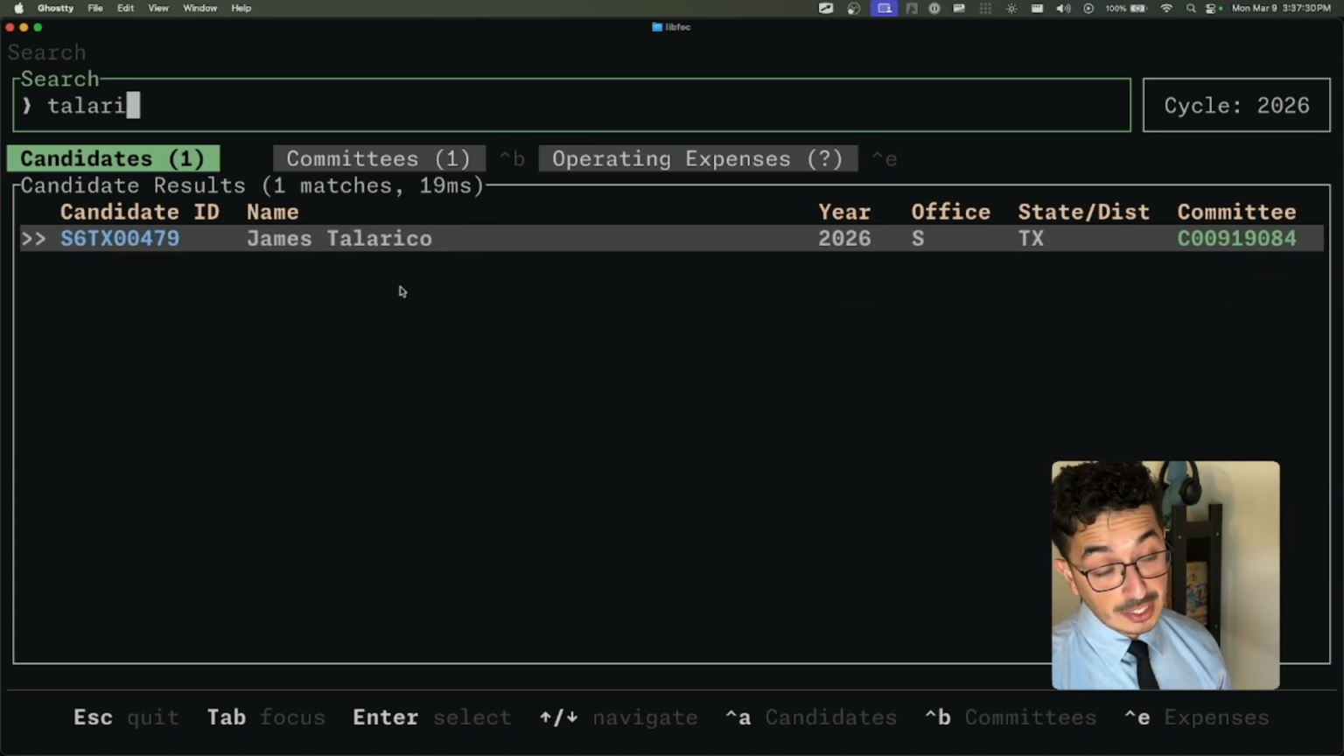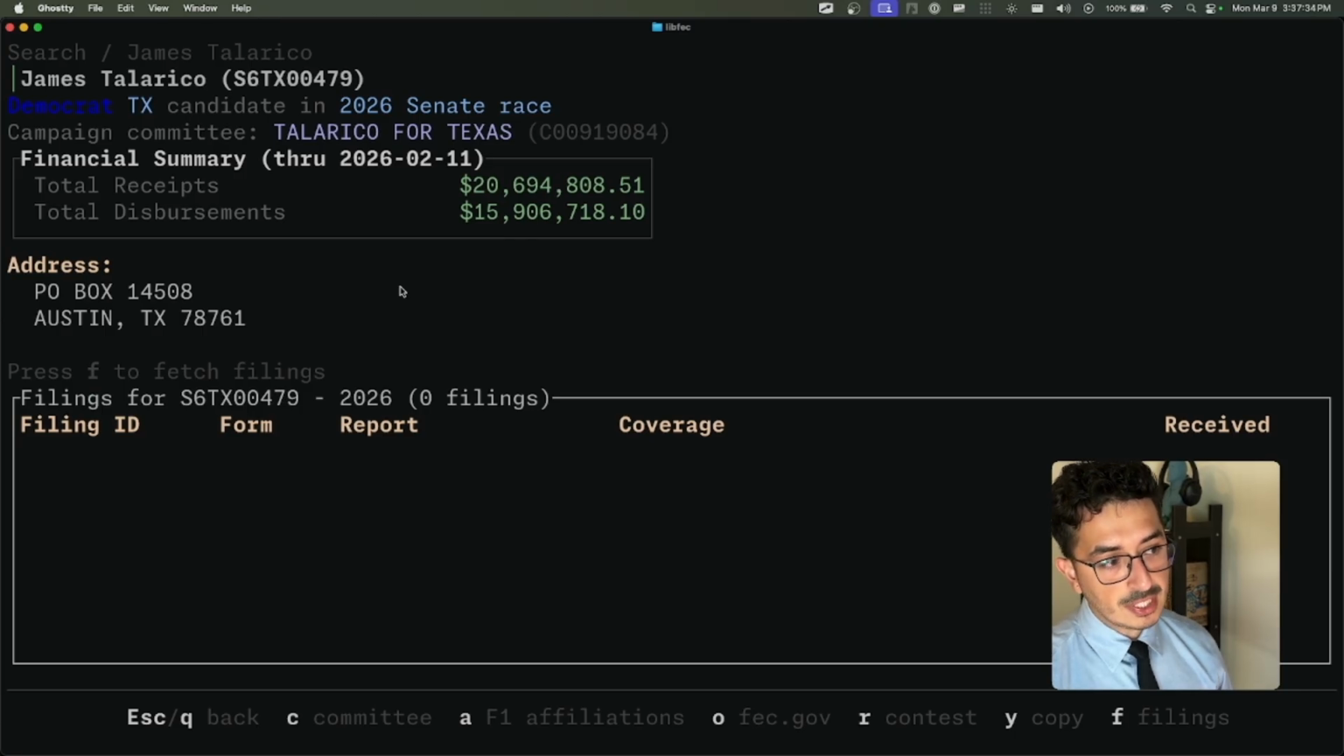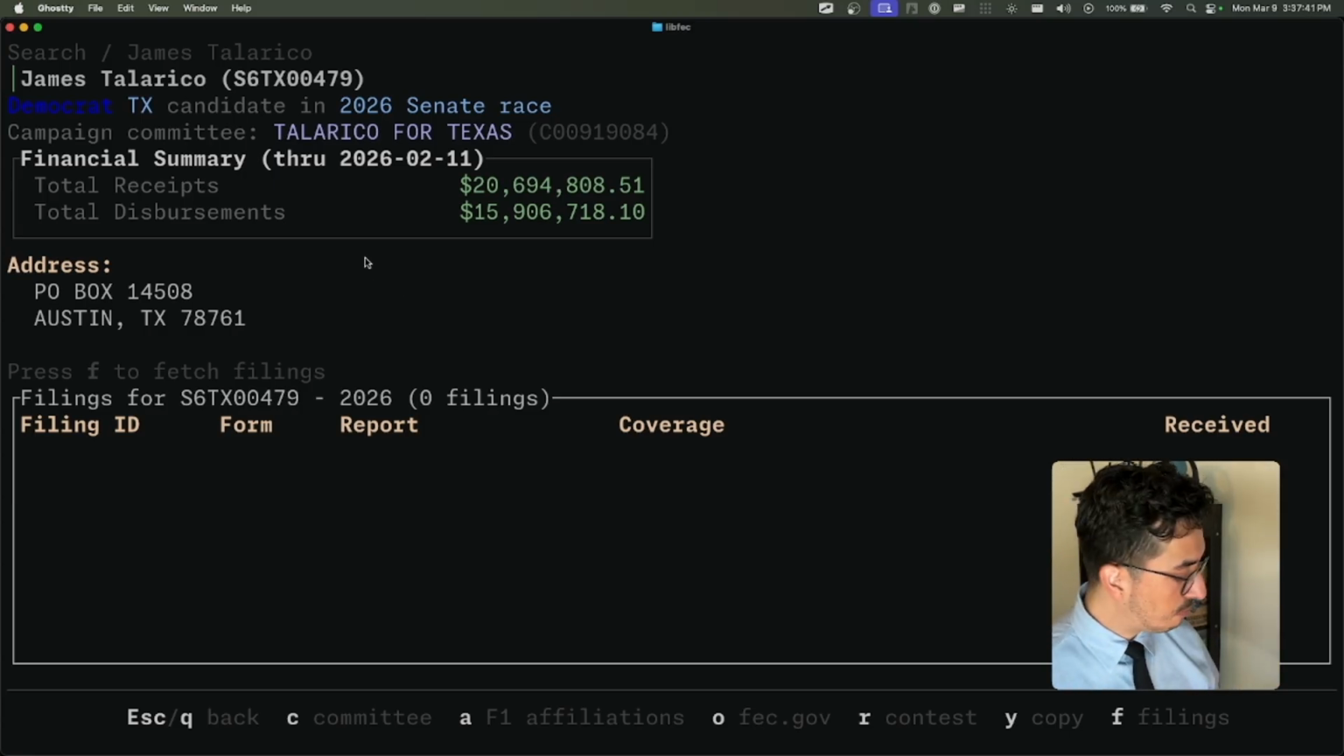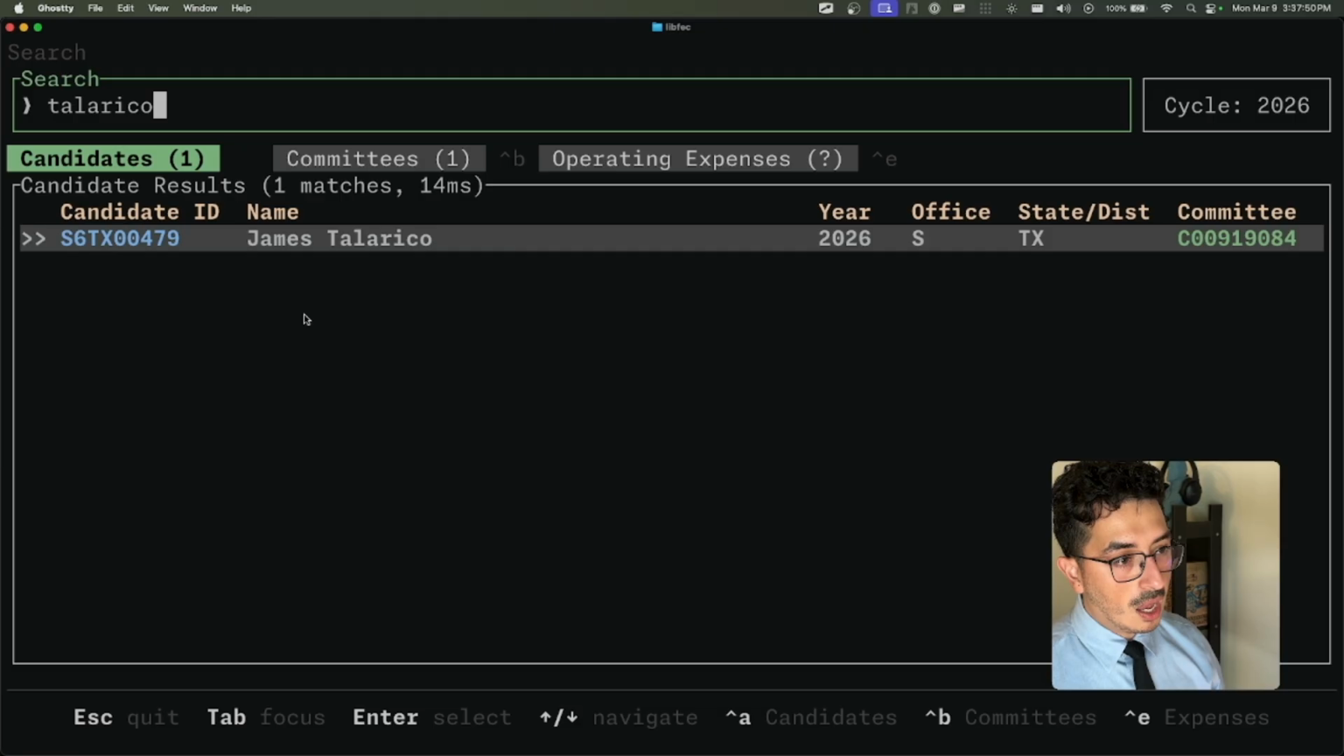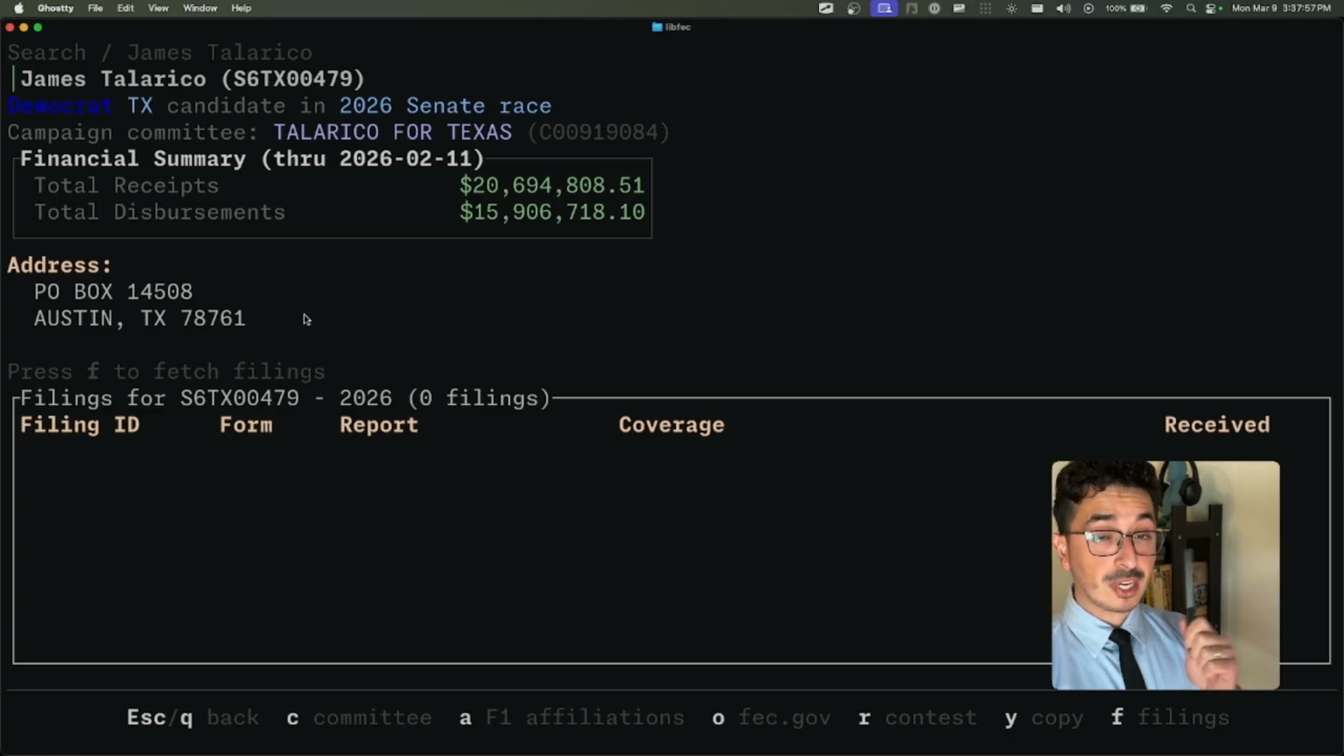But what you can do also is, once you search for a candidate and hit enter, you can see specific top line data about that candidate. So for example, for James Tallarico, we have financial summary information for his campaign from the last few weeks. And that's just an example of getting a search. The reason why I use search quite often in this interface is to get the candidate or committee ID for a specific candidate. So once you're on a page like this, if you look down here